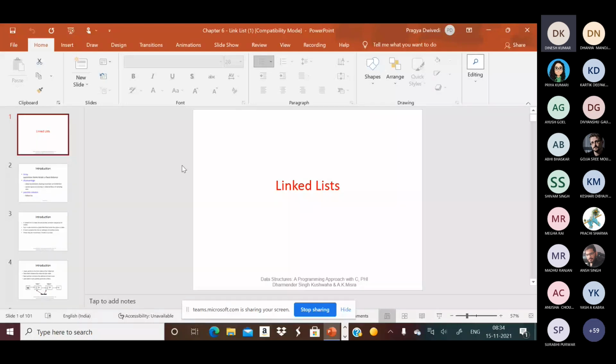I have already told you in the first class that data structures are divided mainly into primitive and non-primitive. Whenever I talk about data structures, I am talking about non-primitive data structures. Non-primitive data structures are divided into two parts: linear data structures and non-linear data structures.